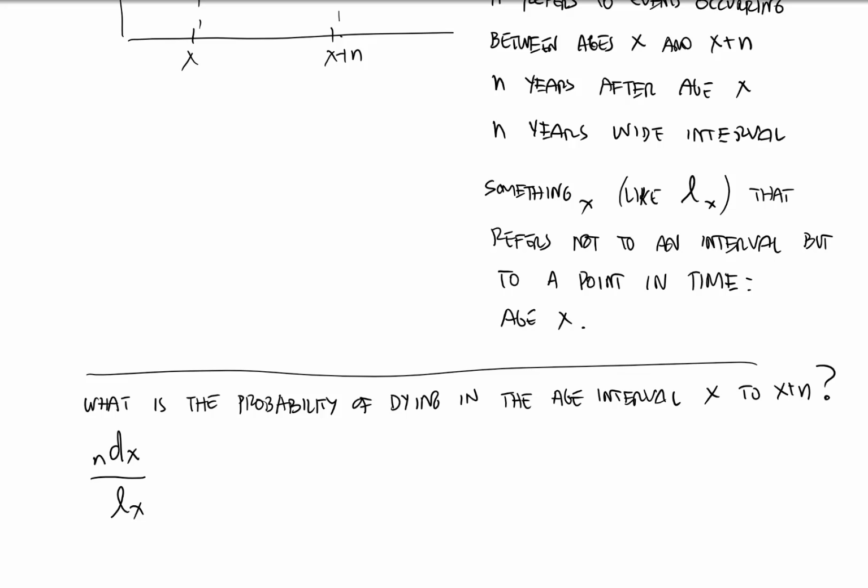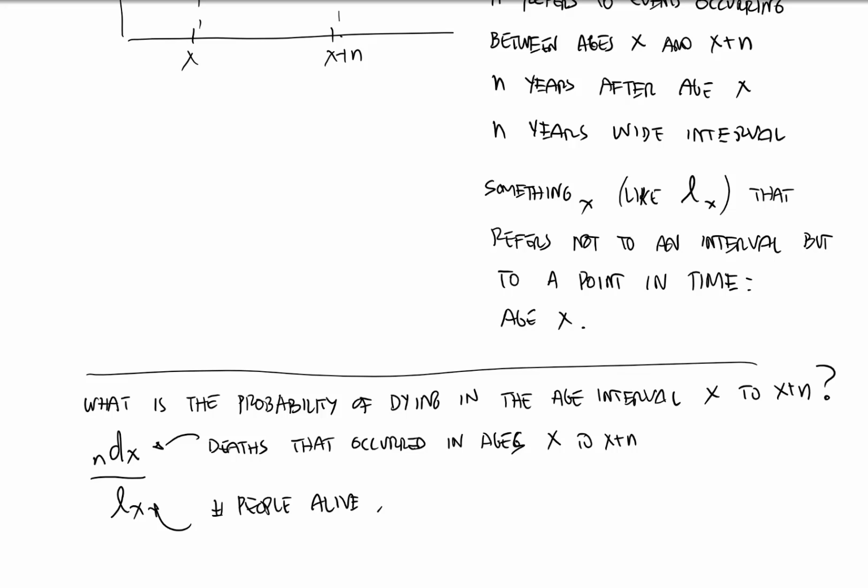So the numerator is the deaths that occurred in age group, ages x to x plus n, and then this is the number of people